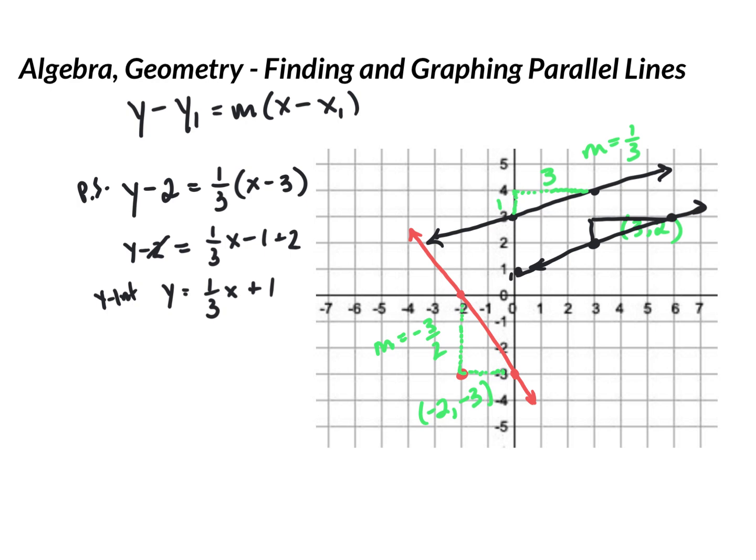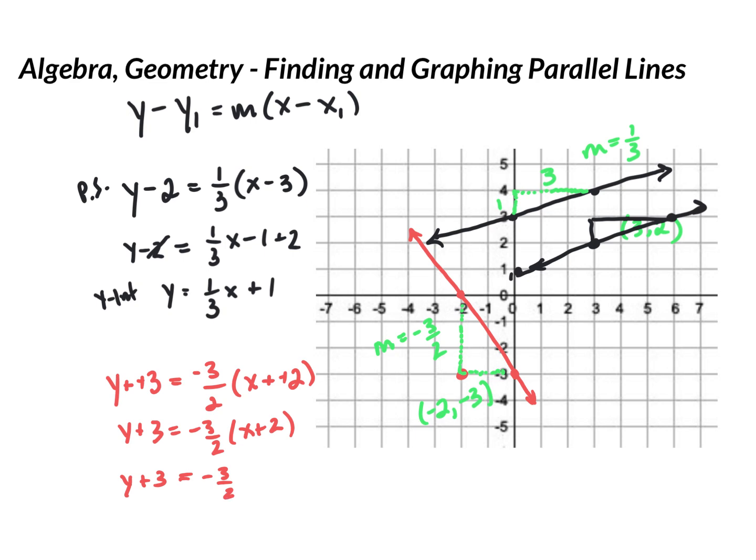So using that, we would say, well, y minus the y coordinate, which was -3, and then the slope, and then x minus the x part of my coordinate, which was -2. You probably want to go back and just say that that's the same as y plus 3 and x plus 2. Okay, and again, I would just stop right there. But if you wanted to distribute through the parentheses, you would end up with y plus 3 equals -3 halves x minus 3. And then you could subtract 3 from both sides,